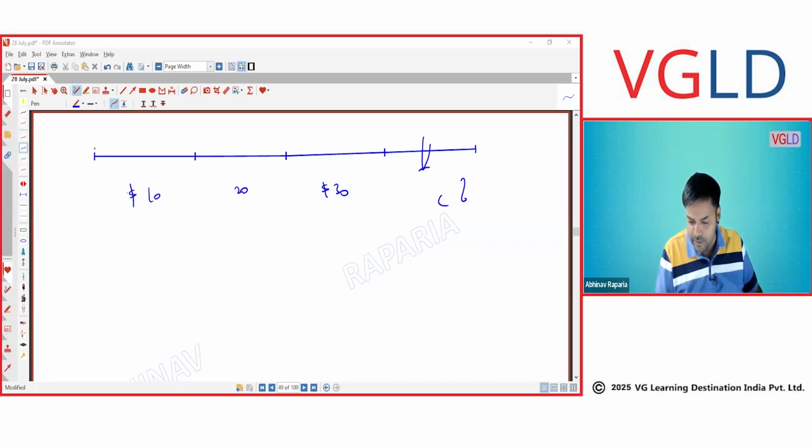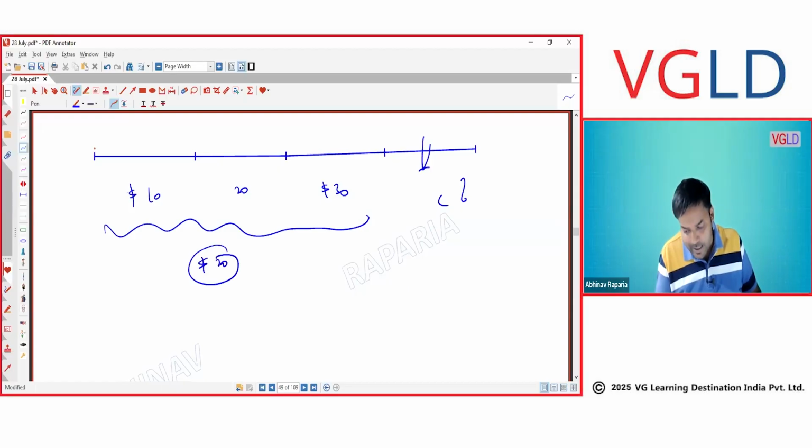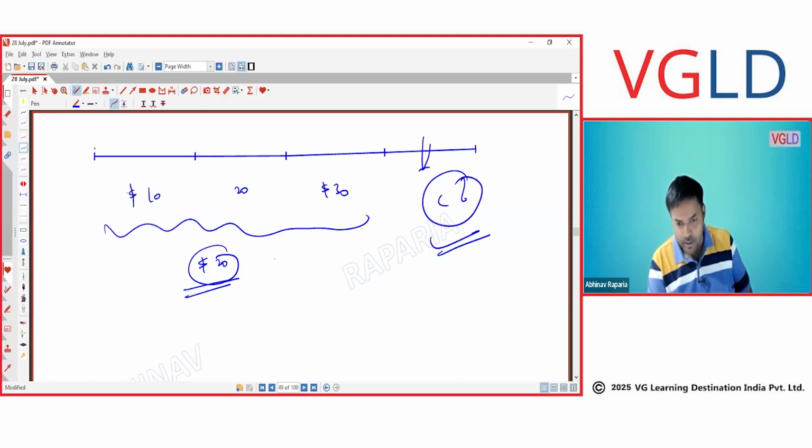What is the average coming? 30, 30, 30, 60, 20. The average is coming 20, which is less than 30. We are not crossing 30. So in this case, you can follow the cash method. Is that okay, Amrita, here?